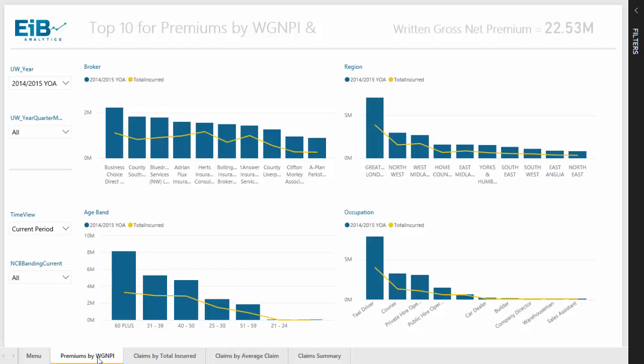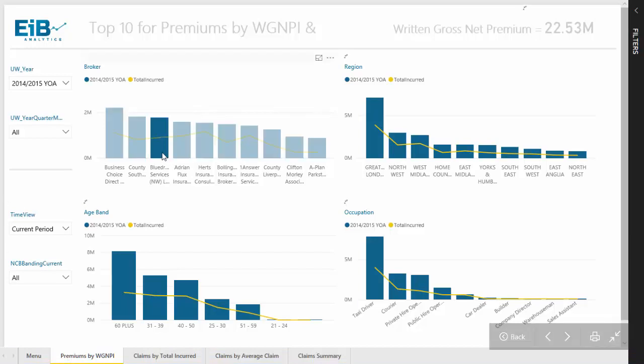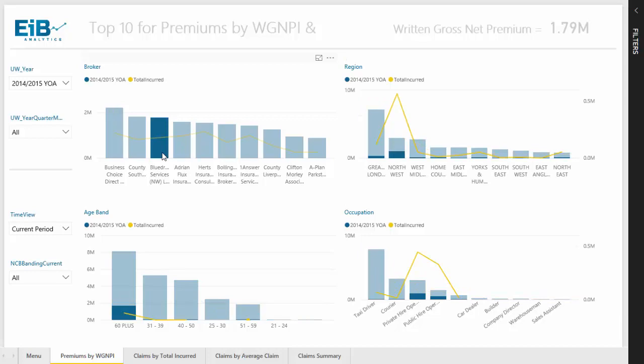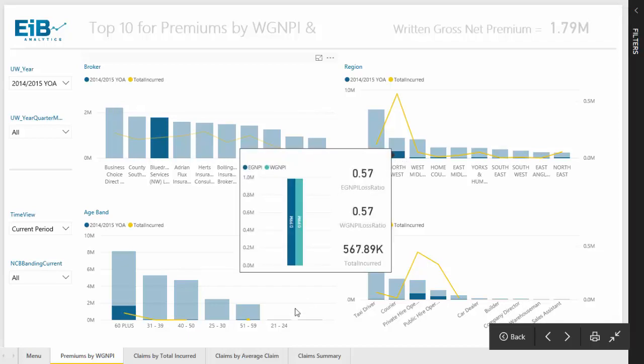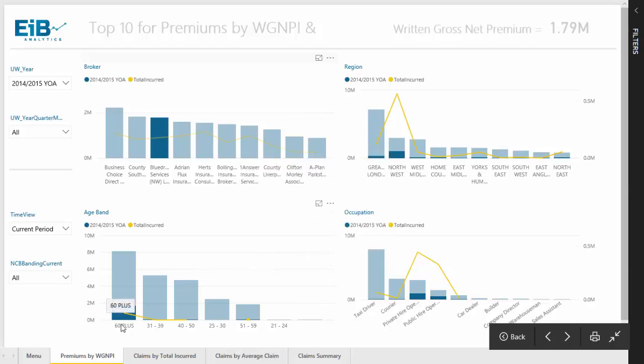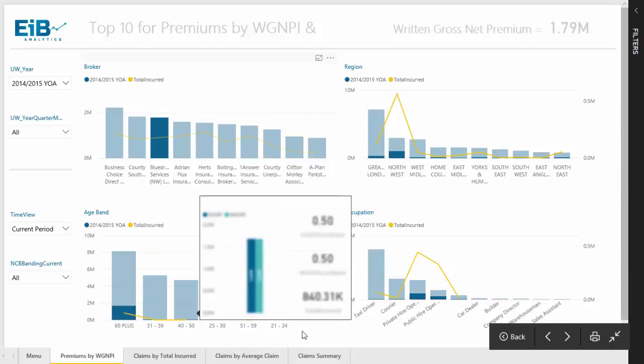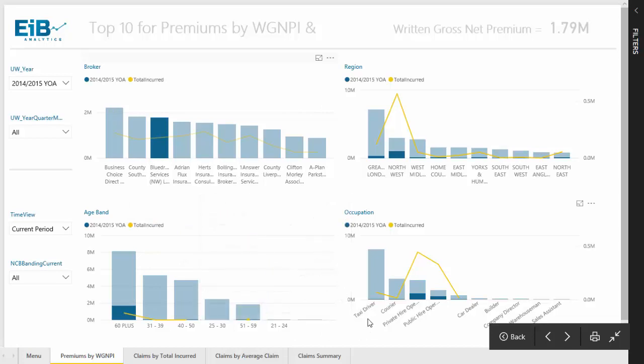And this is where the cause and effect really does come in, because if I pick, say, Blue Drop services here, I can actually home in on that broker and see now what their contribution was across the different regions. So I can see that Blue Drop actually mainly write business in the northwest, and I can see the contribution accordingly, and they write again quite a lot of 60+ business. But interestingly enough, whereas our main occupation for our drivers is taxi driver, in Blue Drop's case they don't. They actually tend to focus on private hire operators or public hire operators